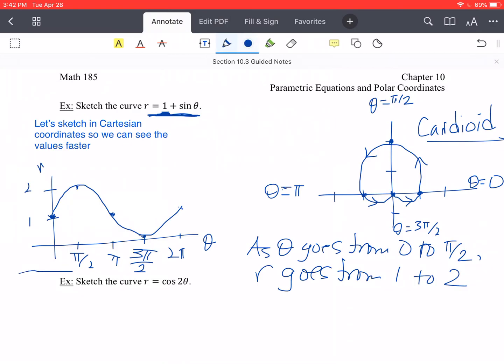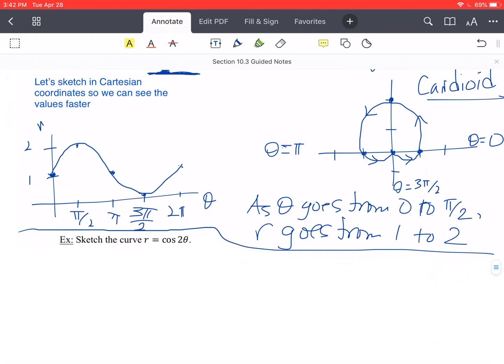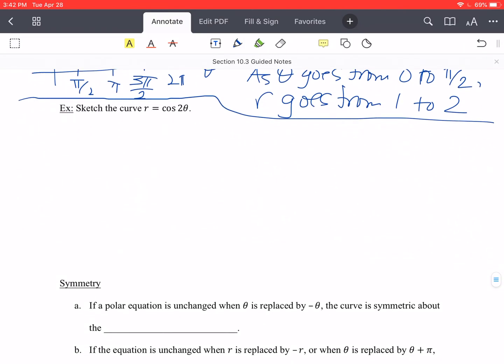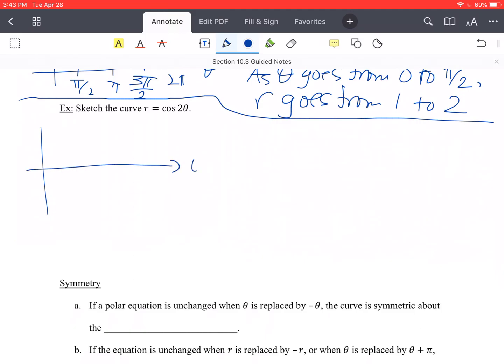So let me separate that off there. So sketch the curve r equals cosine of 2 theta. So we need to first sketch out the graph of cosine of 2 theta on a rectangular set of coordinates. So that's going to be right here. So there's theta. There's r. And this is just the graph of cosine, but because it's got a 2 in the middle,